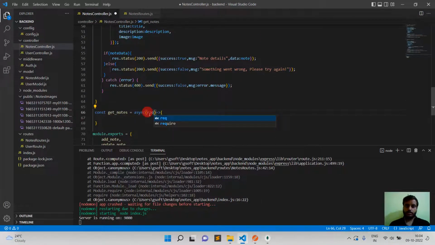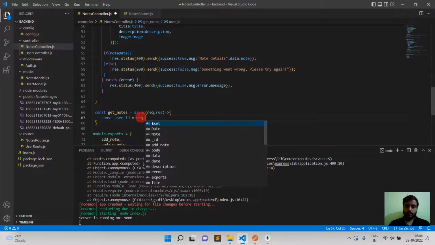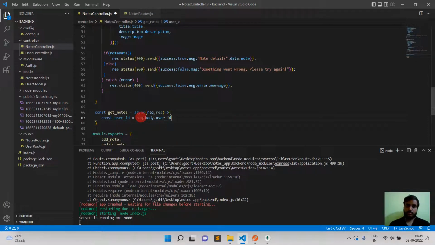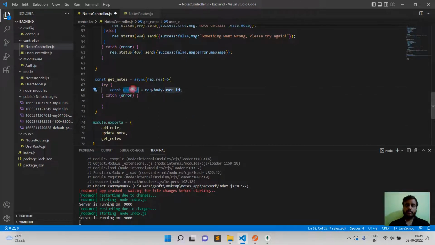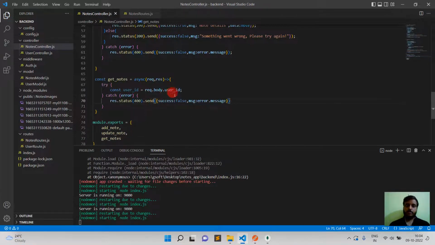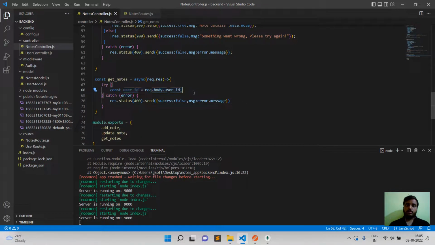Okay, a request, a response, and then here we will pass the user ID from the front end. Okay, just copy this and paste here,